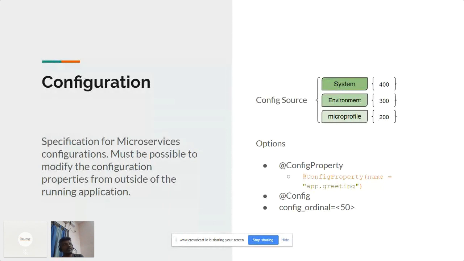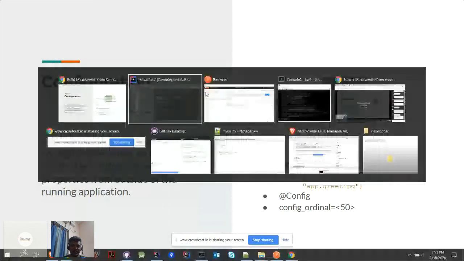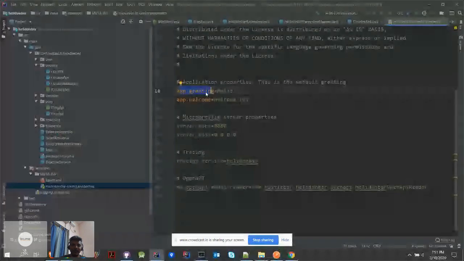So to address that use case, they have introduced something like config annotation, through which you can get all the configuration property reference in one shot. I'll just show the code for how you can achieve that. So if you open this ping API,